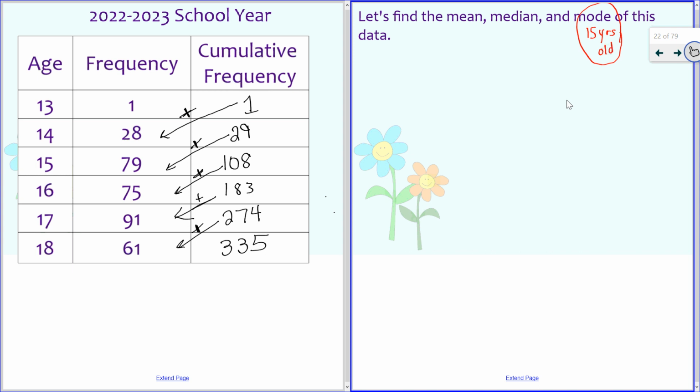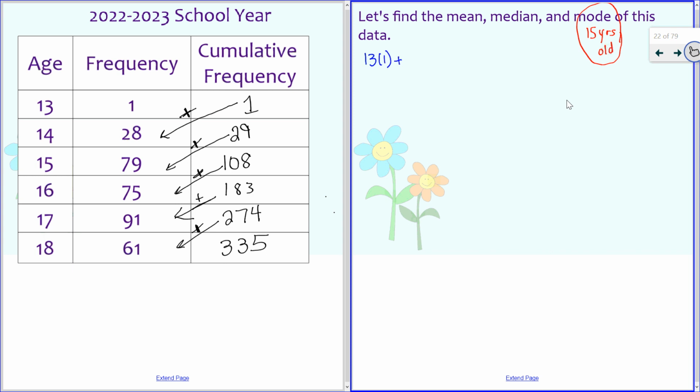So finding the sum, you wouldn't want to write it all out because that would be super time consuming. So what we're going to do here is utilize multiplication. So that's going to be our friend here. So we just have one 13-year-old. So that's 13 years old times one person,